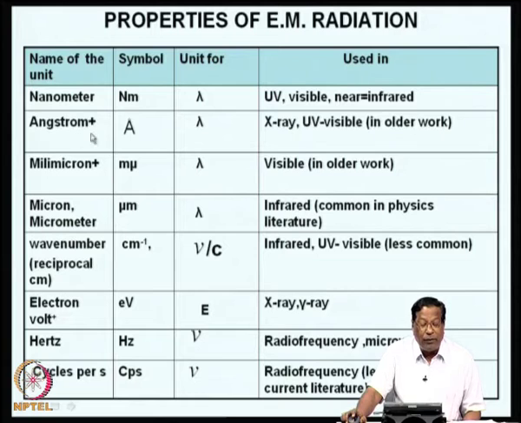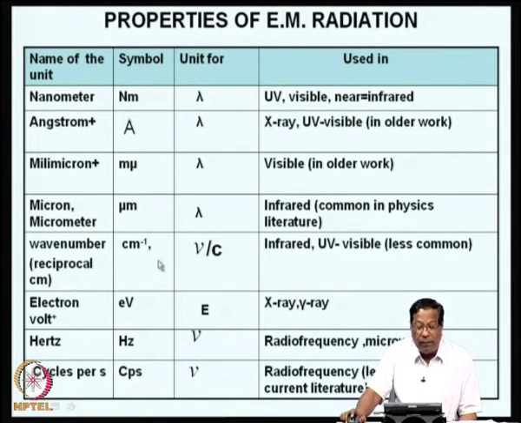You can also use angstroms, and the symbol is Å, used in X-ray and UV visible spectrophotometry in older work. You can also describe the same thing as millimicrons, and this is used in the visible range in older work. Nowadays, most of these are used as nanometers,